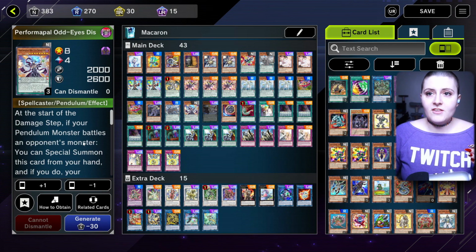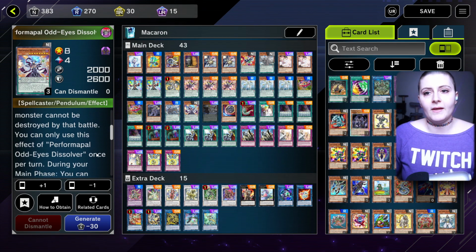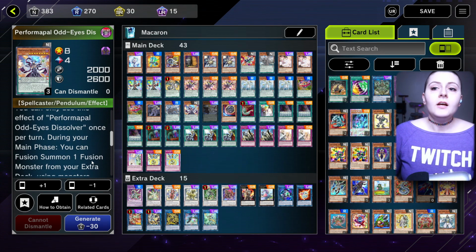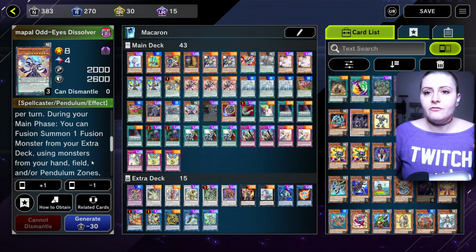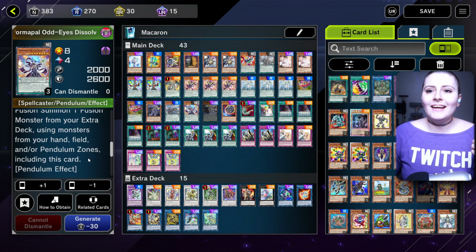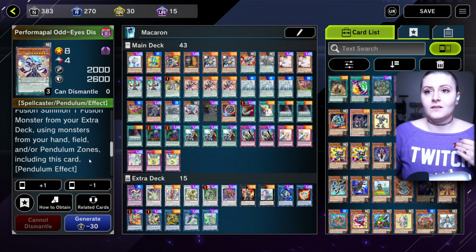Because with the ability of this one, at the start of the damage step, if your Pendulum monster battles an opponent's monster, you can special summon this card from your hand, and if you do, your monster cannot be destroyed by that battle. You can only use this effect of Performapal Odd-Eyes Dissolver once per turn. During your main phase, you can fusion summon 1 fusion monster from your extra deck using monsters on your field, hand, and or pendulum zones, including this card, which is super, super nice